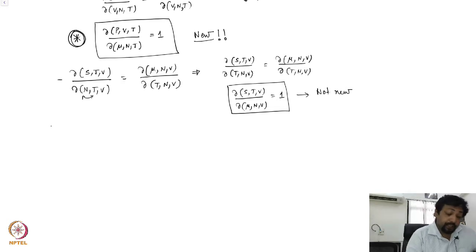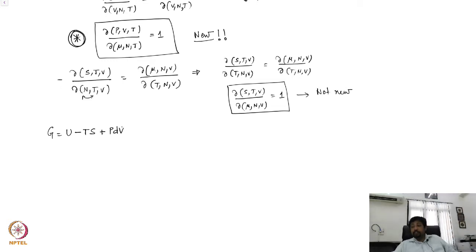What about the Gibbs free energy? If you have forgotten, you can always start from scratch. That tells you G is equal to U minus TS plus PV. So G